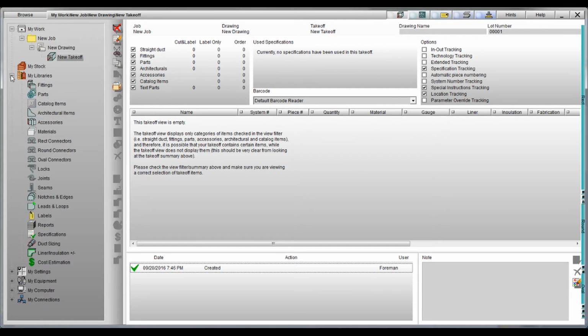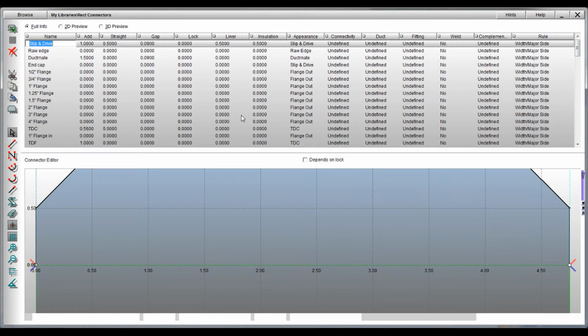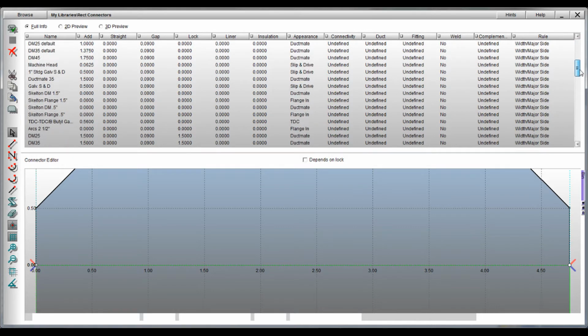PractiCAM offers the ability to create any type of allowance you want. This includes rect, round, and oval connectors, as well as locks, joints, and seams. There are no limitations in terms of how many you can make or with what type of contours. Looking at a rectangular connector section, you can see that PractiCAM can come loaded with a huge library of preset